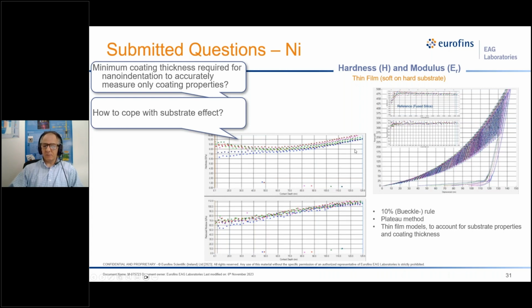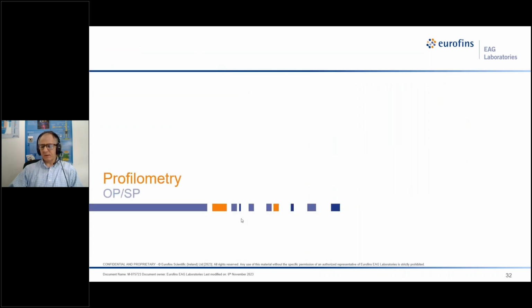And in order to get the pure film properties, there are three ways. One is we basically get the values and average at 10% of the coating thickness, and the plateau method, which basically looks at where these properties saturate. For example, here it's up to 30 nanometers. We would take an average,